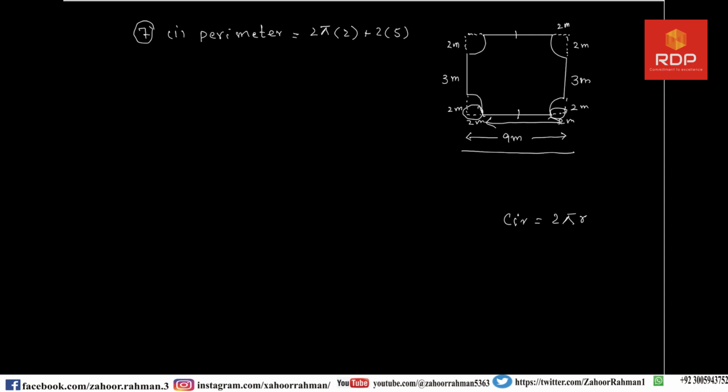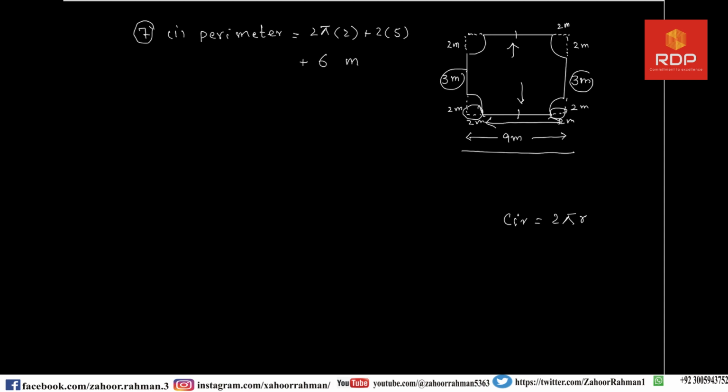So when we subtract 4 from 9, it will be 5. And because this side is equal to this side, we have to multiply it with 2. Number three is, this is 3 and this is 3. So we are directly writing it as